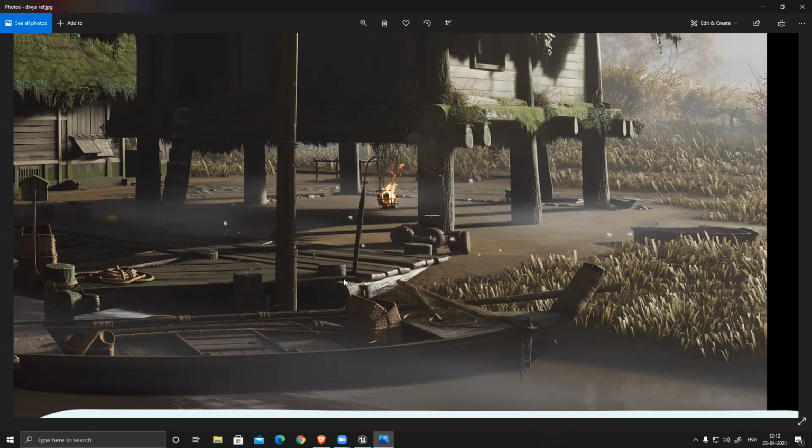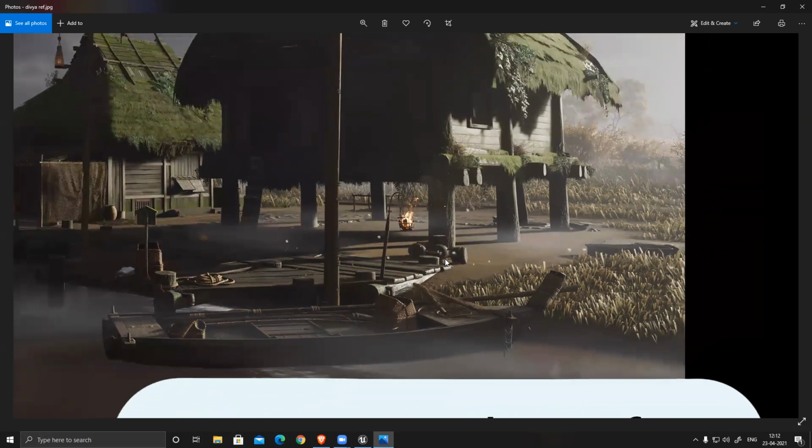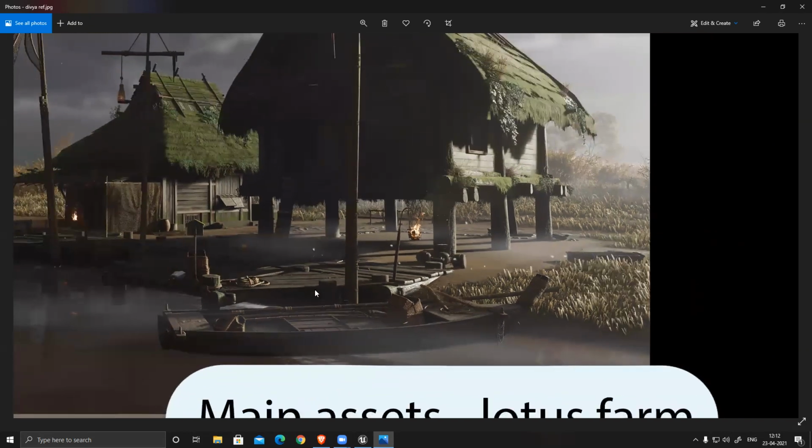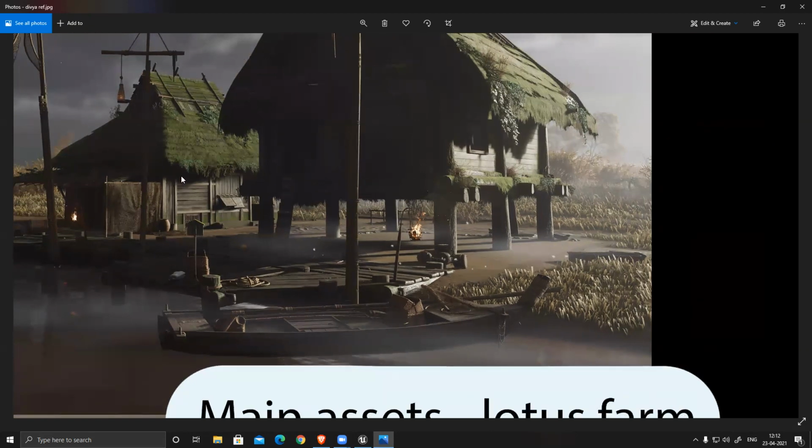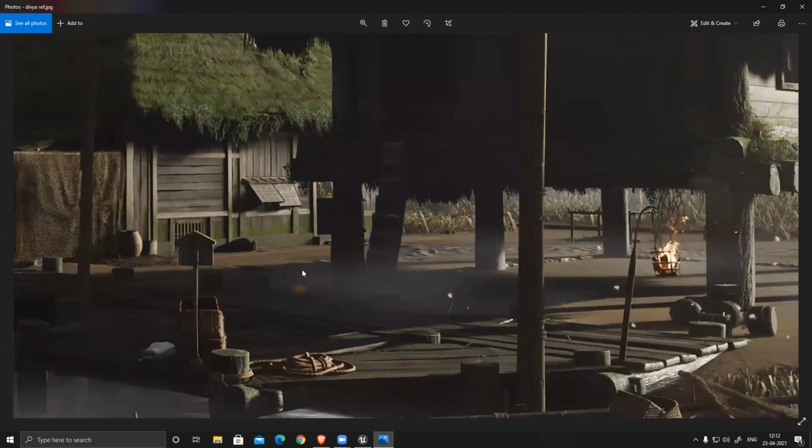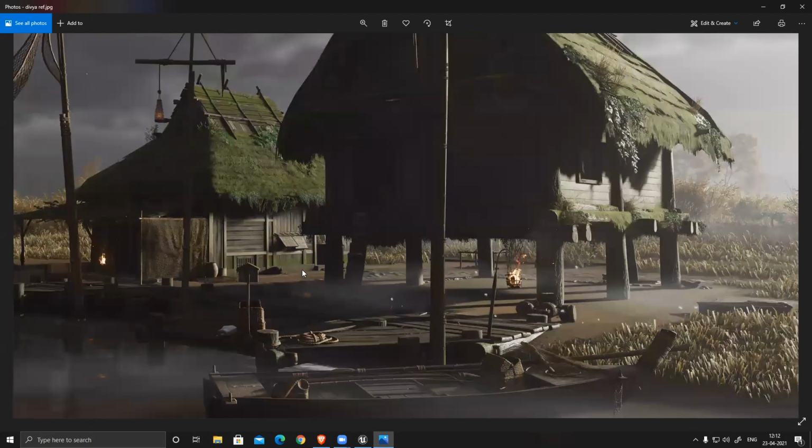Then these wooden planks you have to create, and this can be modular. Again, you can create only one section, duplicate and place it. Sir, so it will be a set of planks, right? Four, five planks. Or you can create two three planks, and then in Unreal group them together, then duplicate.